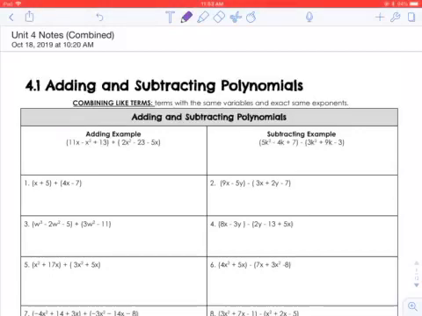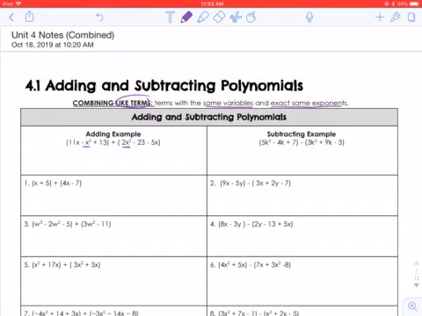Hey guys, we're going to be starting Unit 4 today, so we're going to start with 4.1, adding and subtracting polynomials. So something you're going to need to remember is how to combine like terms. We've done this before, but we're going to do it with polynomials this time. If you remember, like terms are just terms with the same exact variables and the same exact exponents. So like in this first example, my x squared term and my x squared term can be combined. If they don't have the same exact variable with the same exact exponents, we cannot combine them for adding and